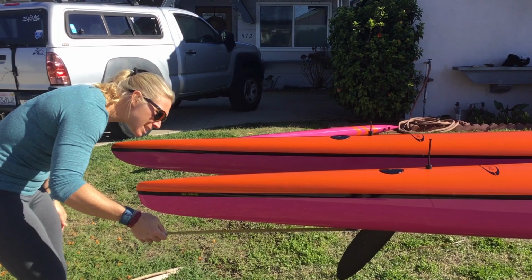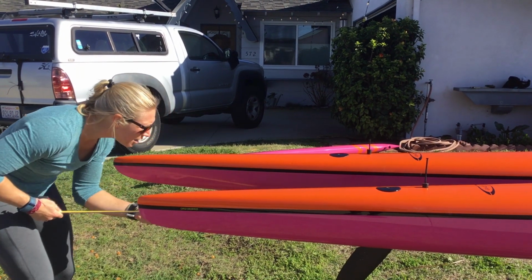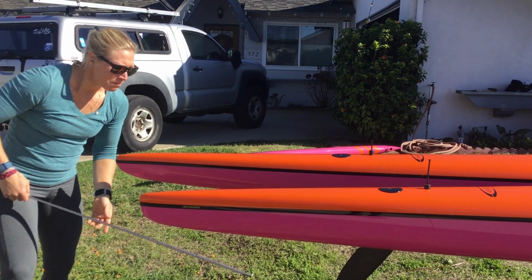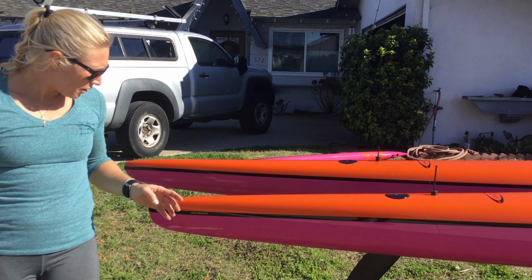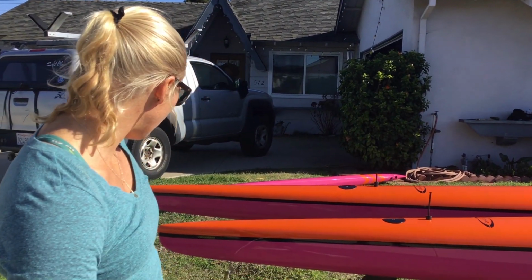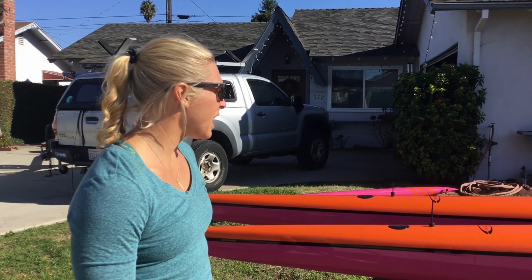And then relative to the sitting area, 29, 33. So this, relative to the entire boat, the fin is further back. There's more space behind the rudder when it comes to the Ehukai. That's gonna be pretty nice for tracking, but personally in a downwind scenario, I want that fin scooted up just